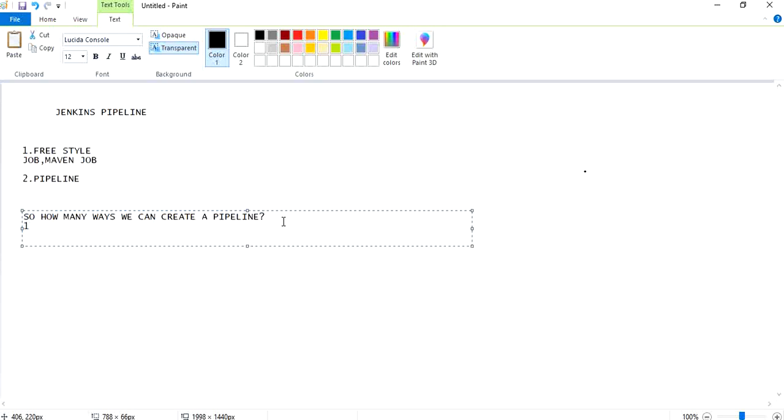Actually, there are two ways. The first one is using build pipeline plugin.